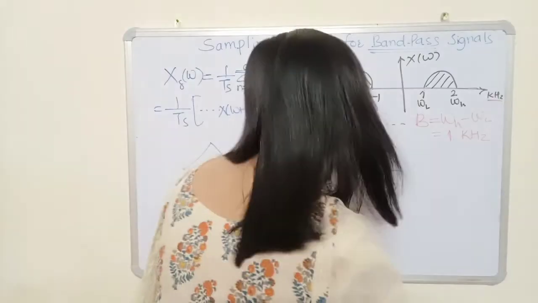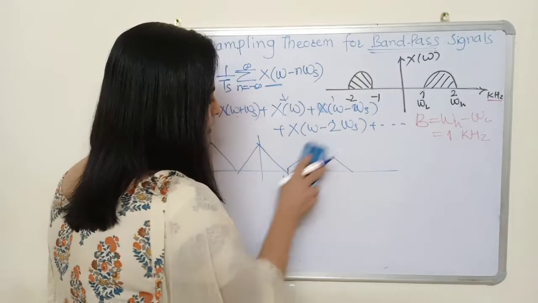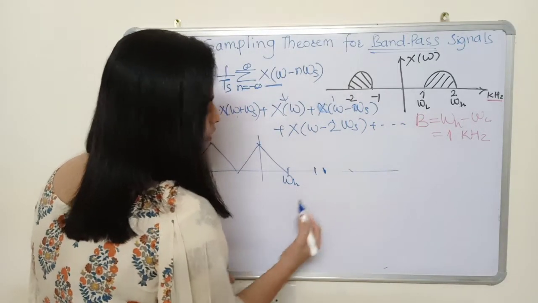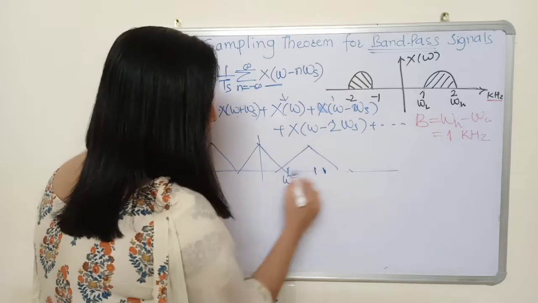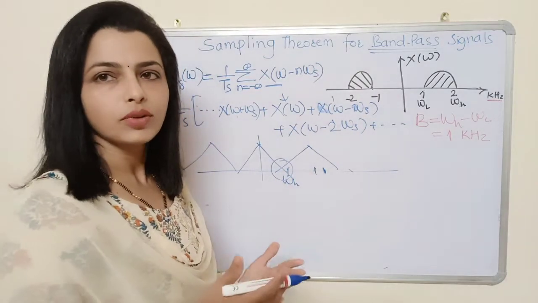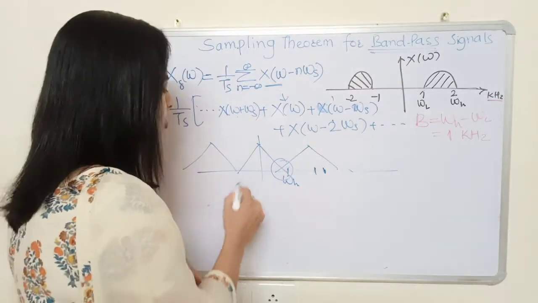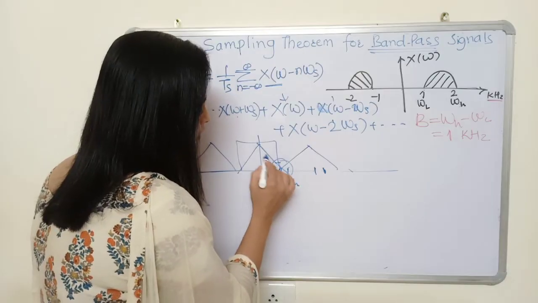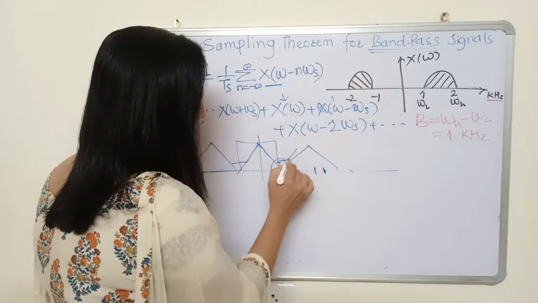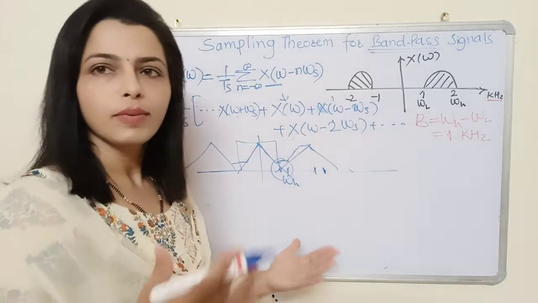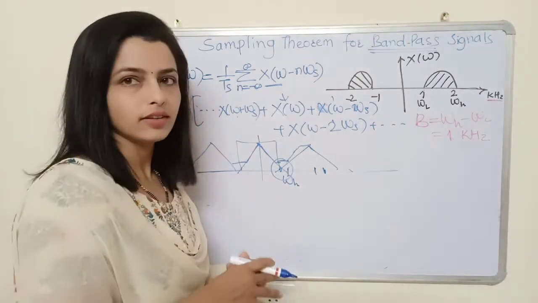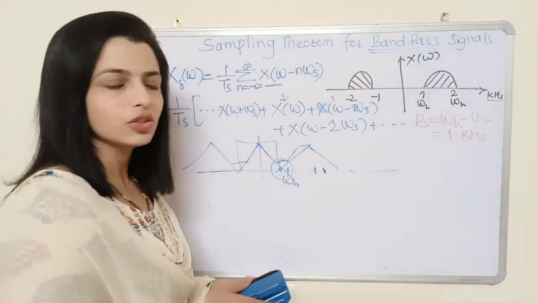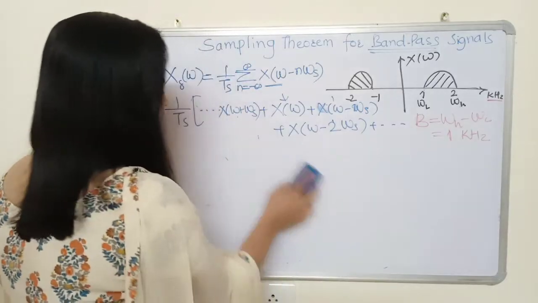And if we select a sampling frequency which is lower than this original omega s, less than twice this value, suppose this value, then what happens? This mixes here. So aliasing occurs at this point and we don't want that because we cannot recover our signal. Here the mixing occurs. So the signal looks like this and we cannot recover the original signal back from the spectrum. So we don't want the images and the original spectrum to mix with each other. Okay, so let us apply